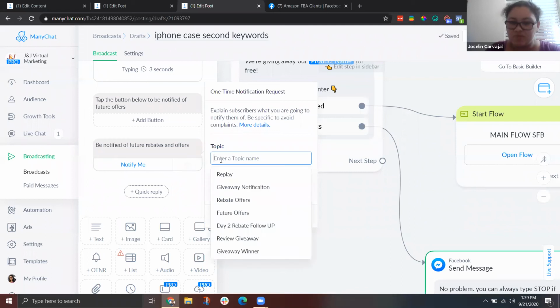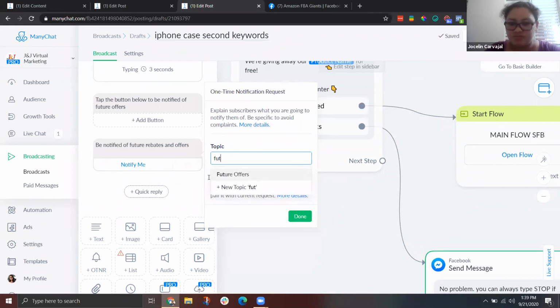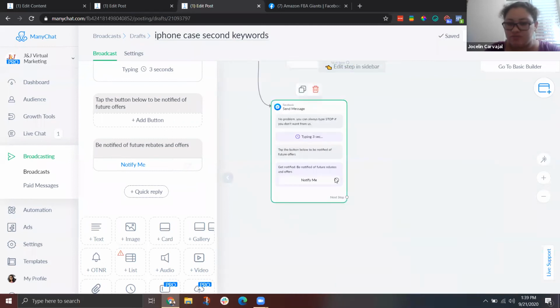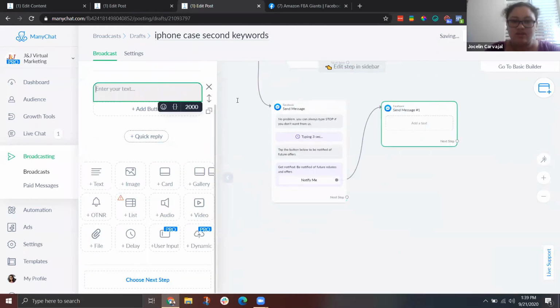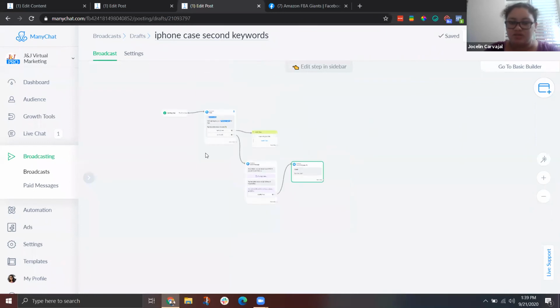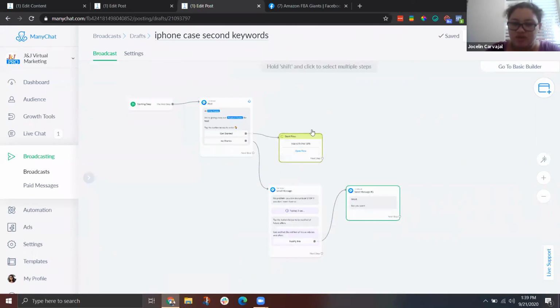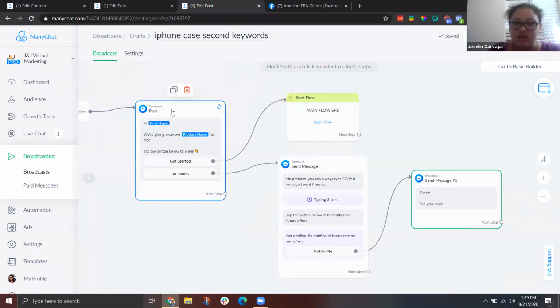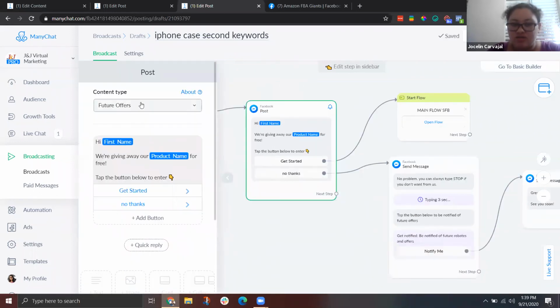You will select the topic, which is future offers. And when they tap on the notify me button, we can say, great, see you soon, right? So this is how it will be when you want to retarget them for the same rebate months later or another rebate. Always make sure that you select future offers because this has been 3 months now,